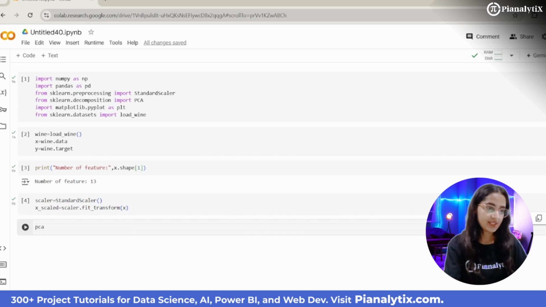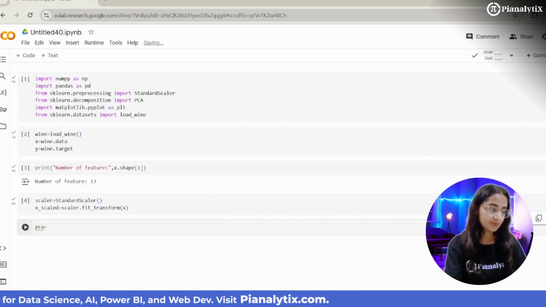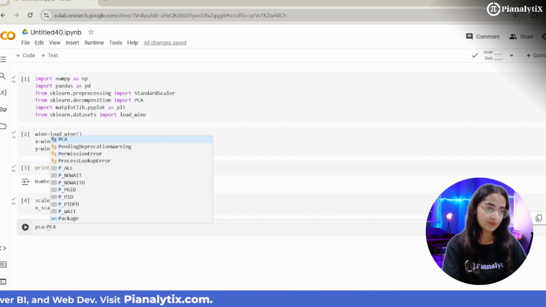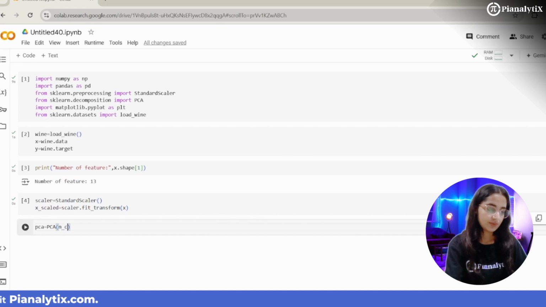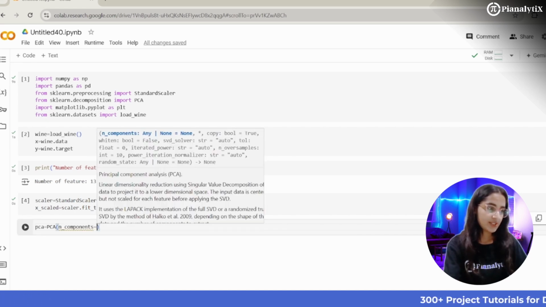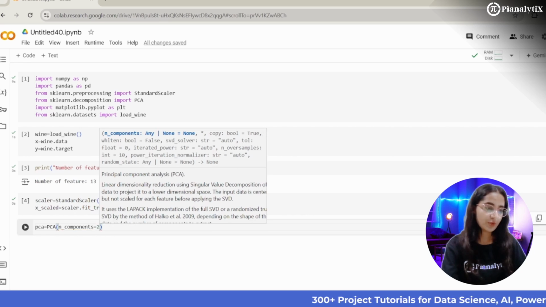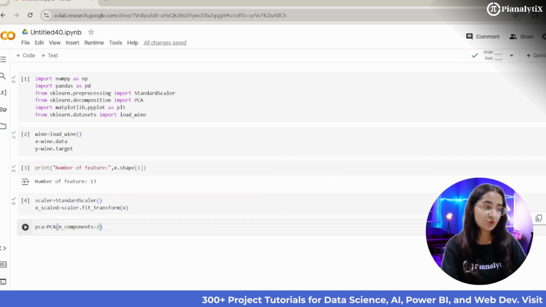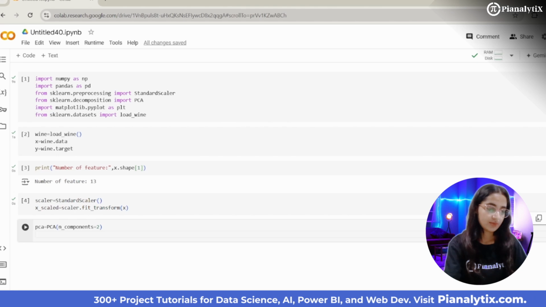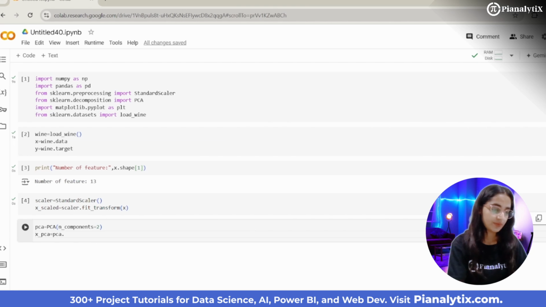Now let's apply PCA. The number of components here we will set as 2, as we want to reduce it to just 2 principal components. Fit this.